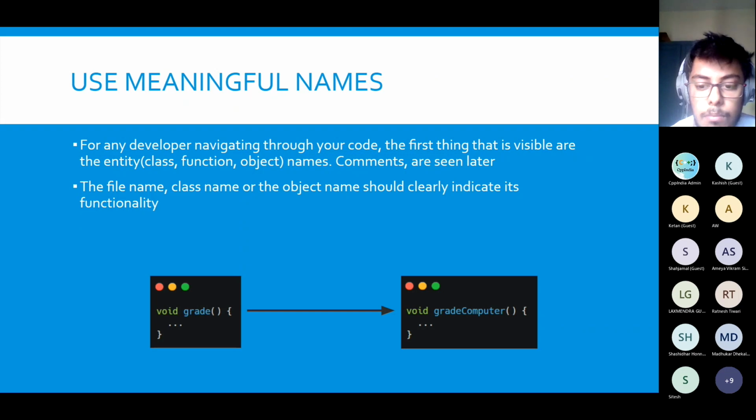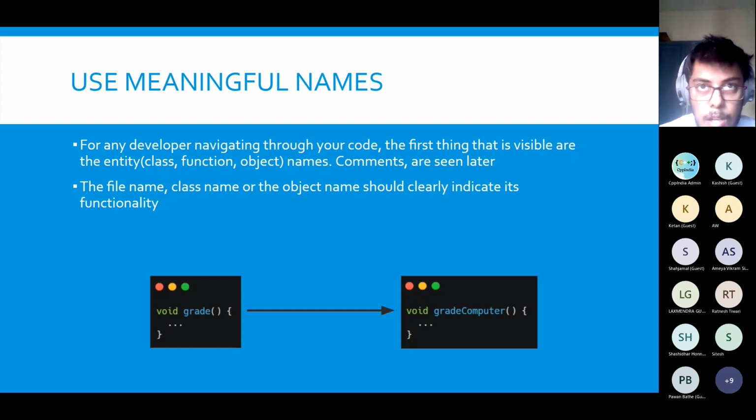So we are looking for some kind of function which computes grades, right? And you encounter a function which says grade. Now this is a bit confusing, whether it prints the grade or whether it computes the grades. Many of the code reviewers who will review or use your code will just ignore this, if they are interested in the function that computes the grade. So instead you can use a better name with a bit more descriptive, but should not keep it very lengthy, otherwise it will be difficult for the readers to understand it again.